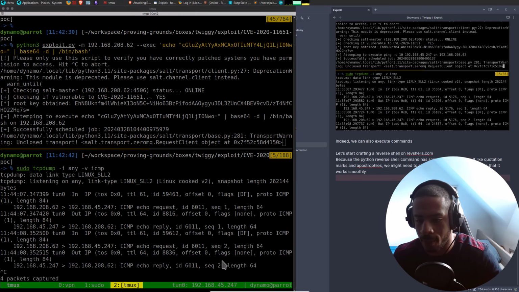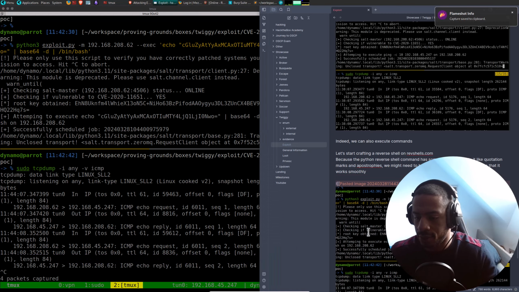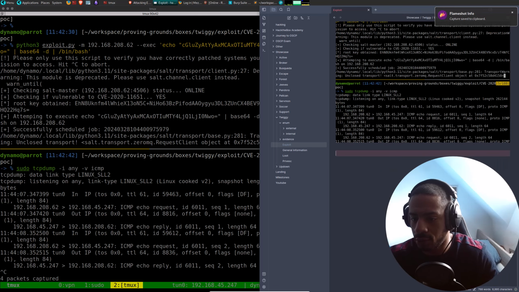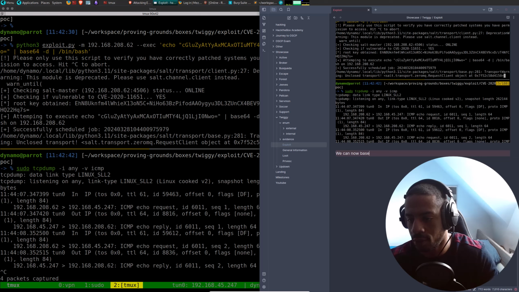Like that. We can now base 64 encode our reverse shell and get a shell back.